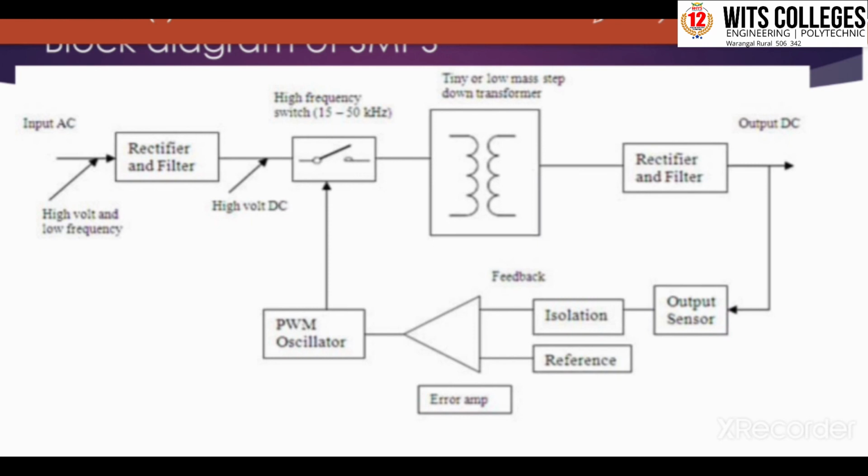The pulse width given to the power switch is inversely proportional to the output voltage. When the output voltage drops, the switch is on for a longer time, which results in more energy delivered to the transformer, and you get a higher output voltage. As the output voltage rises, the on time becomes shorter until the loop stabilizes. So this is about the operation of SMPS.